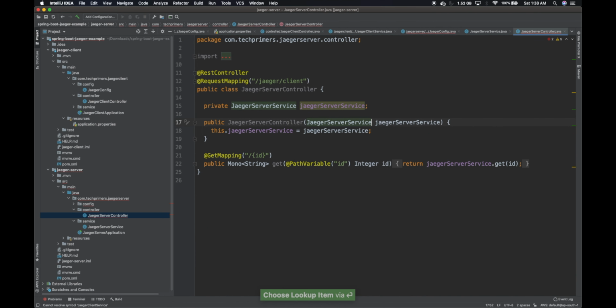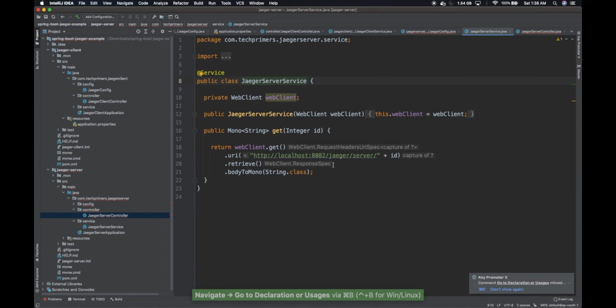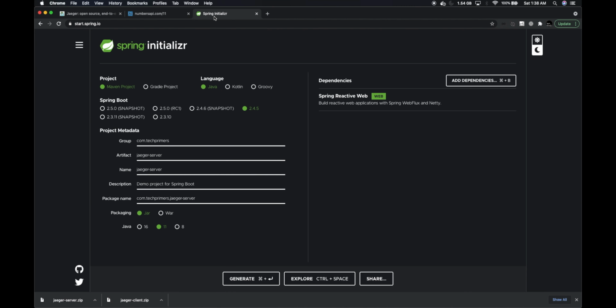Done. So I've changed all the clients to server and I'm also creating a Agar service, and here also I need to create the server. So let me go inside the service, and here instead of calling the Agar endpoint here, we are going to call the numbers API. So let me go to the web page to show you what is the numbers API.